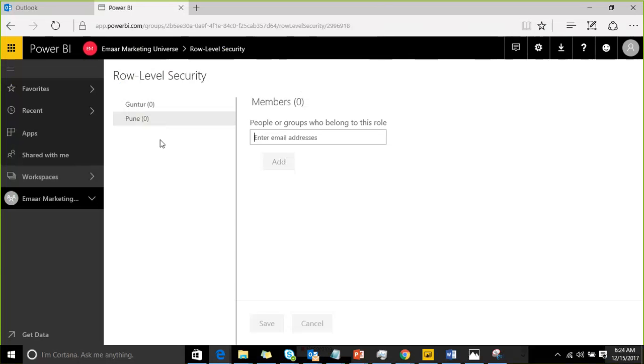But if I have 1,000 cities, or 100 countries and each country has 1,000 users, managing this is very difficult: creating 100 roles and adding users, with each role having 1,000 users. In a live environment, a specific business user will be part of different countries. So there is a lot of complexity, which we'll discuss as part of the security session.